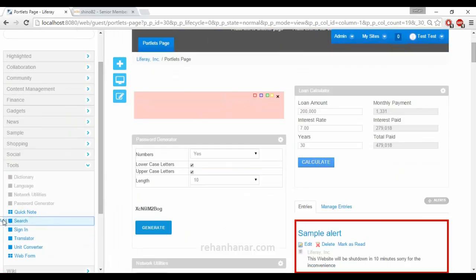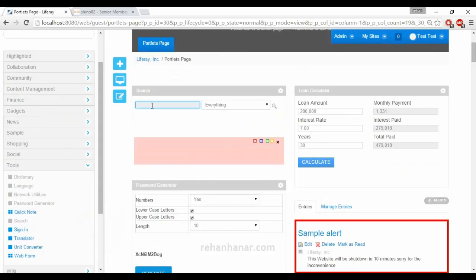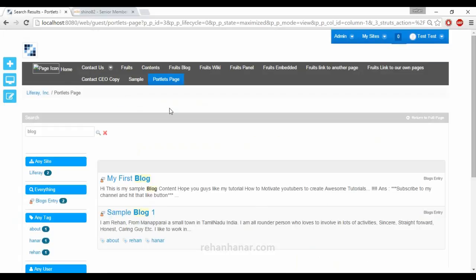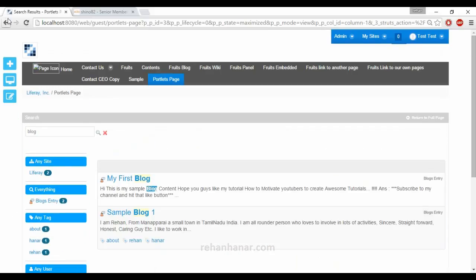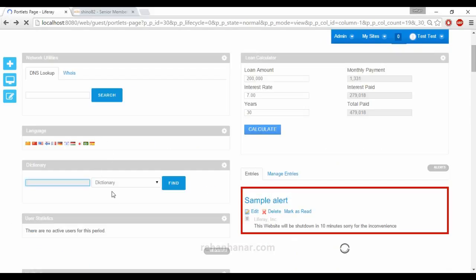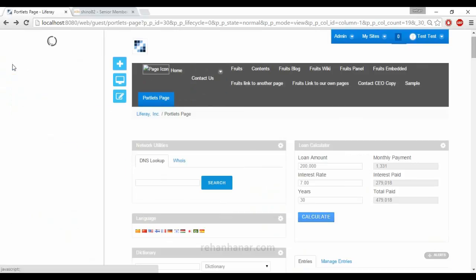The next is the search portlet. The search portlet is used to search the content. So if you give blog, and if you search everything or only this site, you will give everything. So it will display the results in which the title has blog, and also the content has blog. So it will provide all the results. This is the use of this search portlet. Basically, it is used to search within. And the next is